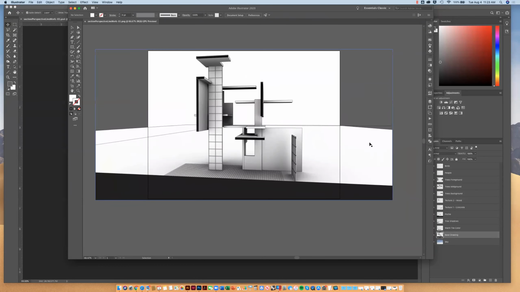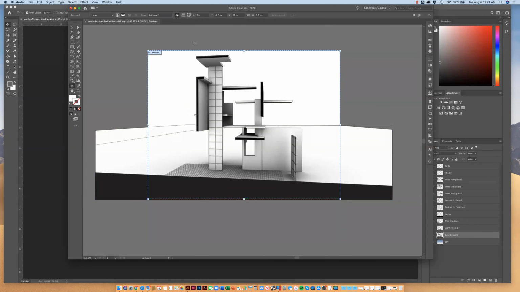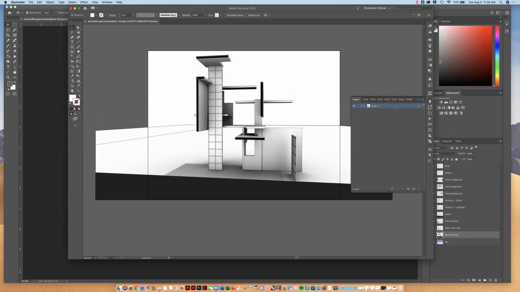And so here's my section perspective. In this one, I just modified the edge of my artboard so that it's shorter and smaller than how far this extended. I didn't necessarily need to see all this empty space over here. Again, when you want to edit your document or your artboard, you just go to Document Setup, Edit Artboards, and you can move those around, resize them how you need to. That shouldn't be anything new, but suffice to say, if I go to my layers here,